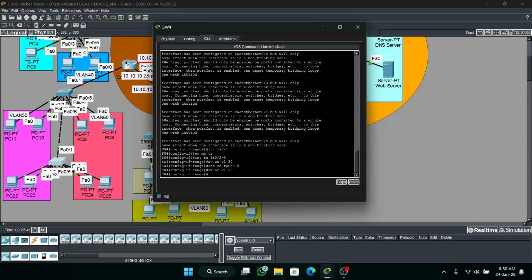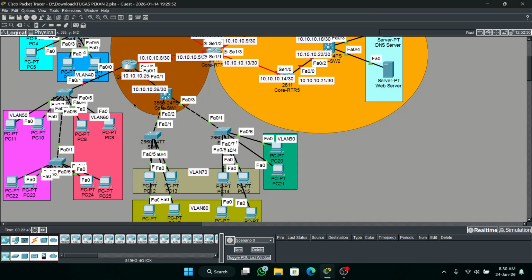Next configuration is router on a stick.